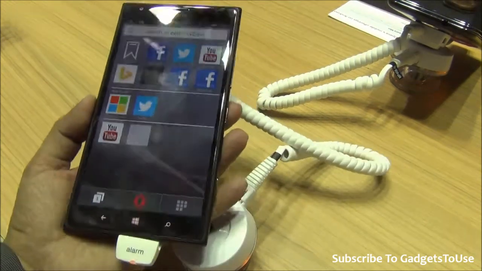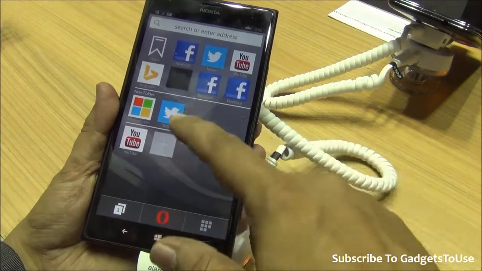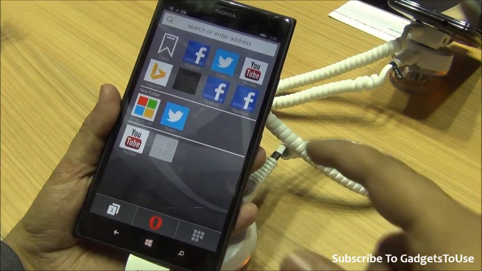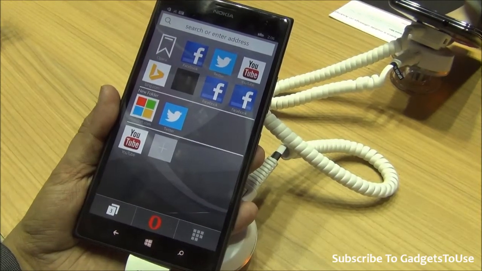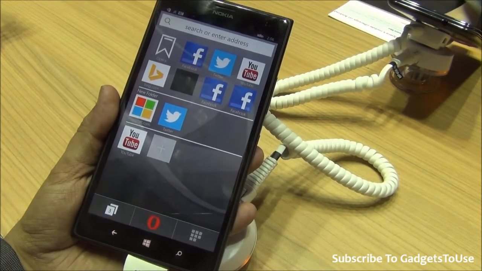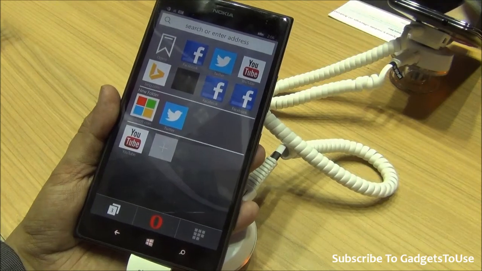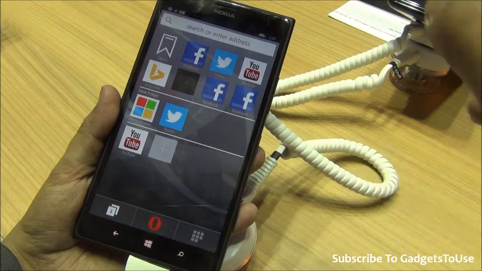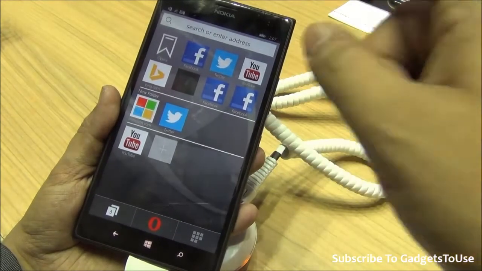The favorite Opera Mini browser is finally here. This is the main screen, the home screen, which will show you all the tiles of the applications, all the shortcuts of those websites which you have visited or which you might want to visit. And you can type the address, the location of the website, right directly here and go.